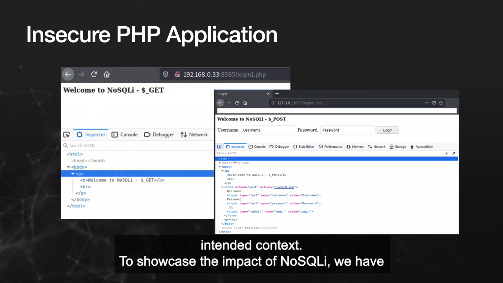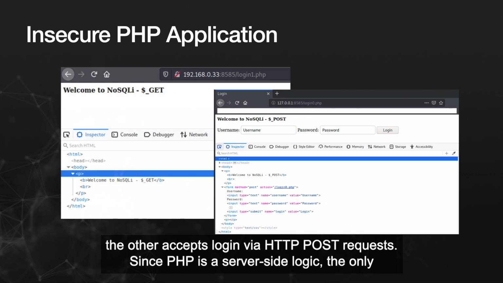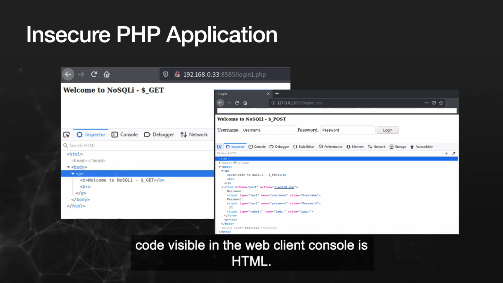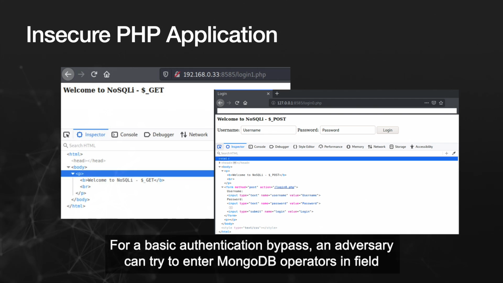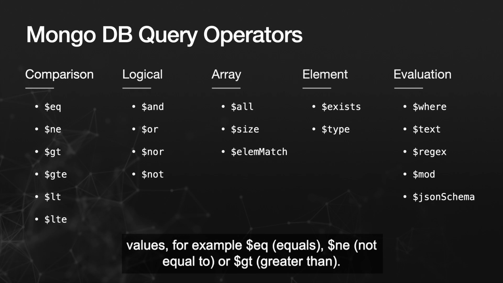To showcase the impact of NoSQL injection, we have created two vulnerable PHP web login pages, where one accepts login via HTTP GET request and the other accepts login via HTTP POST requests. Since PHP is server-side logic, the only code visible in the web client console is HTML. For a basic authentication bypass, an adversary can try to enter MongoDB operators in field values like $EQ, $NE, or